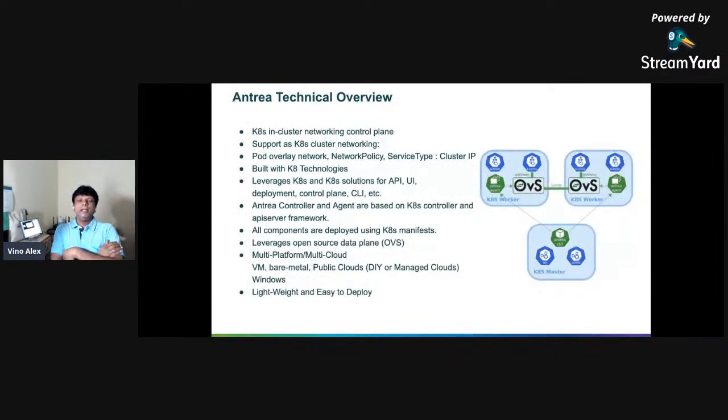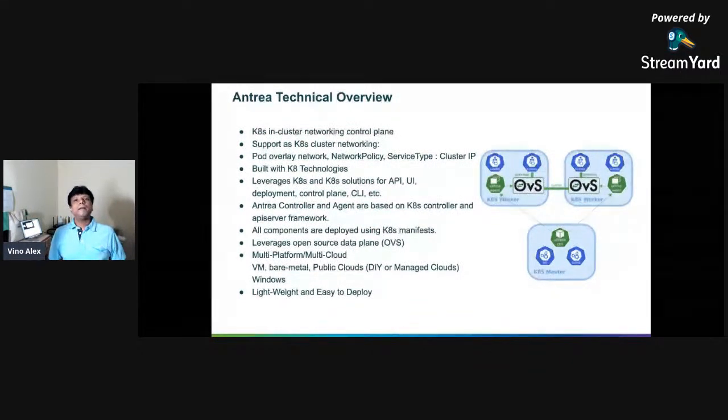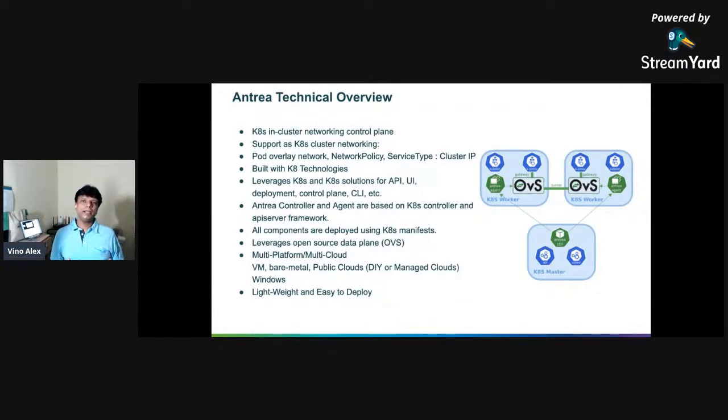So let's dig a little deeper into the technical side of Project Antrea. It is a K8s in-cluster network control plane. Once you deploy Project Antrea, you get a control plane and a data plane, right? It supports K8s cluster networking.